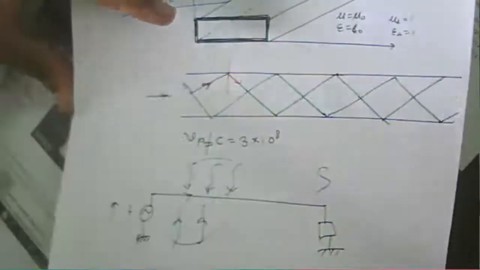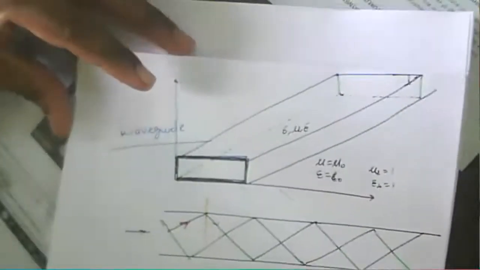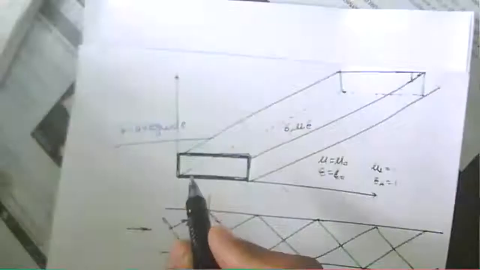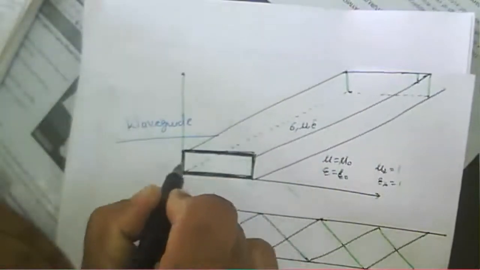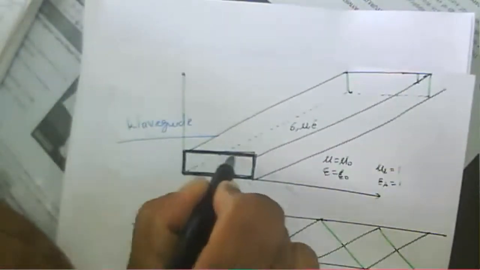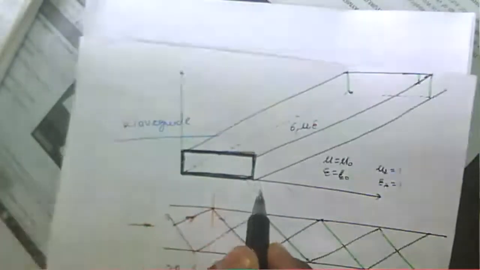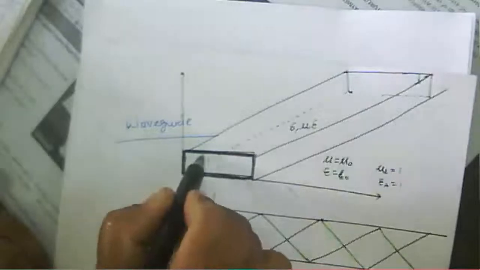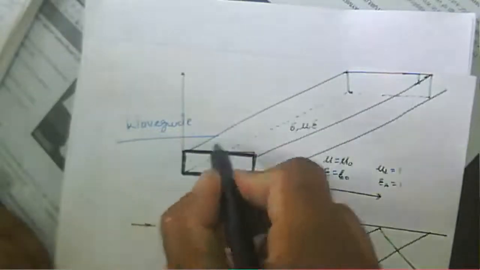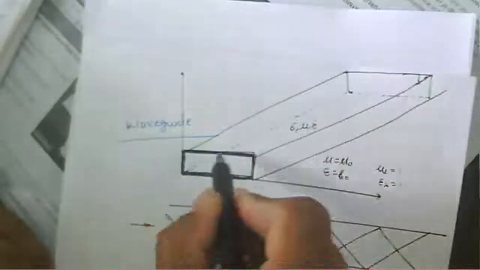Okay. So welcome all of you again to Module 2. That is the waveguide we started last lecture. It's about the hollow rectangular tube. It is about the internal walls of this particular waveguide. They are nothing but conducting ones. And due to this conducting wall, this particular length of the waveguide.